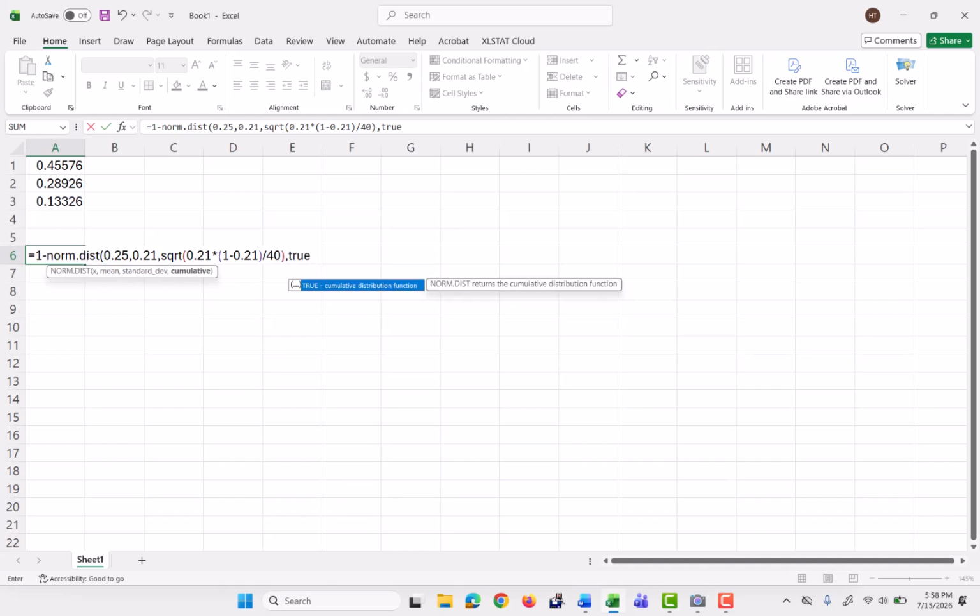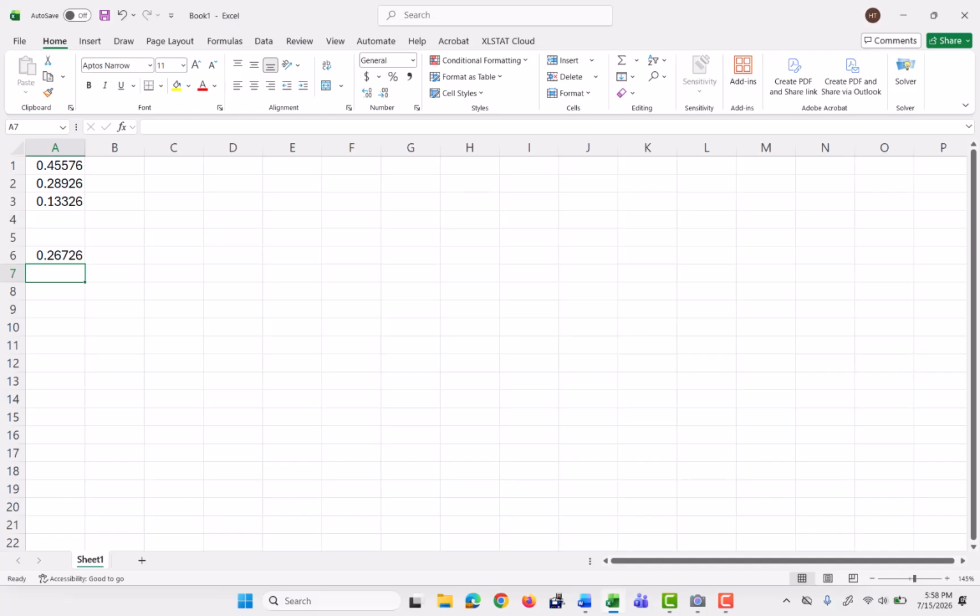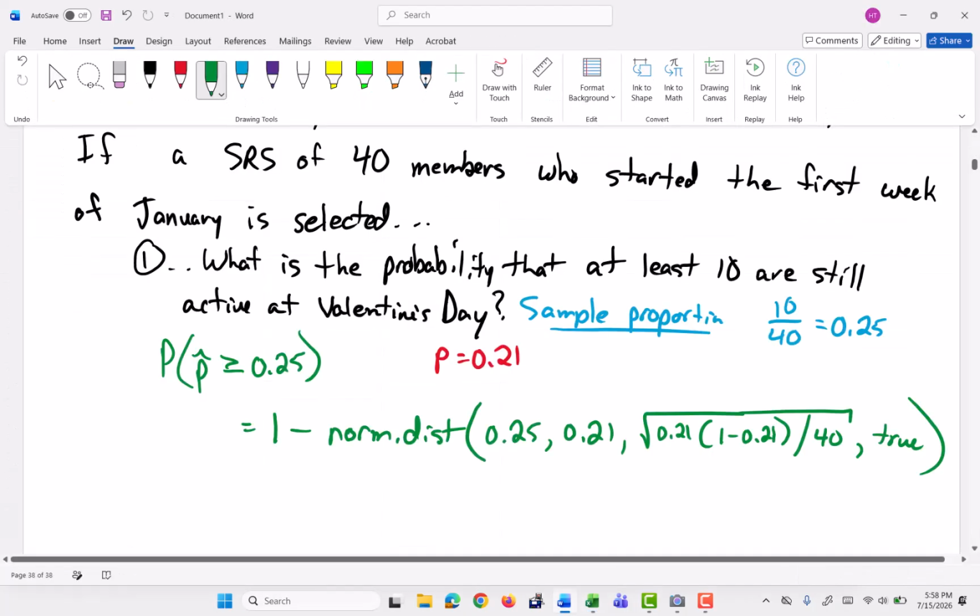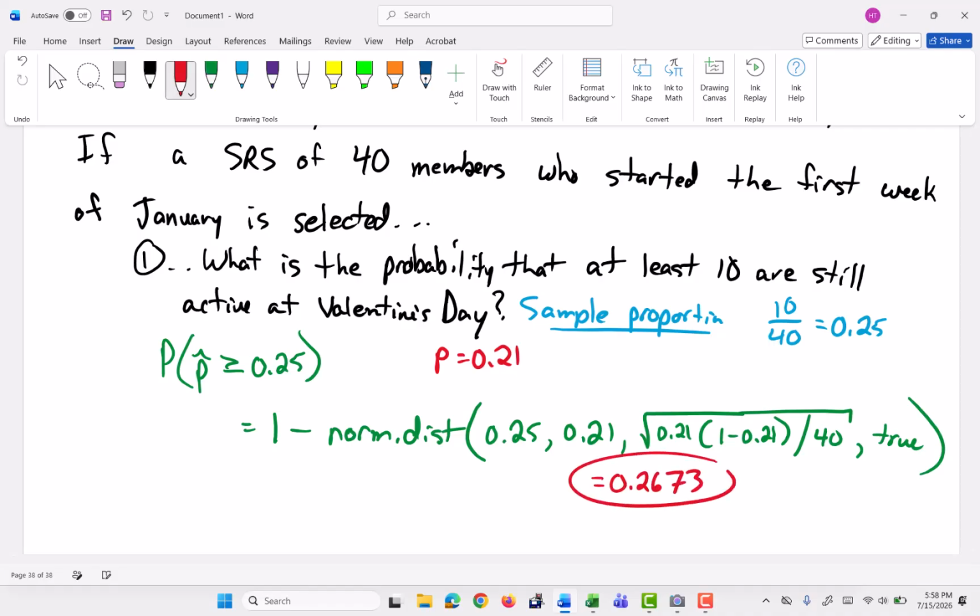And then comma true, we get 0.2673 is that probability. So just over 26%, just under 27% probability that we'll keep a quarter of those people still going